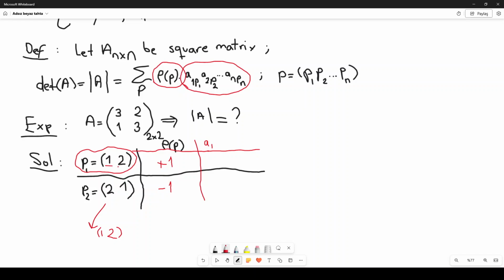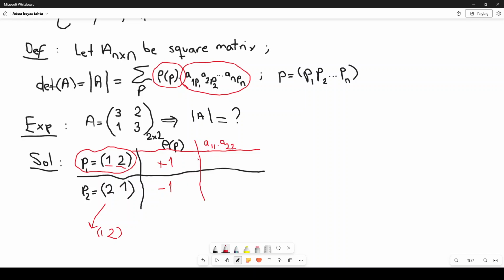P1 and P2 are the values in the permutations. I count from the left side to the right side, so the first one is P1, the second one P2, and P3 and so on, if we had more. So P1 is 1, and so we have A11 times, and P2 is 2, so we have A22, and